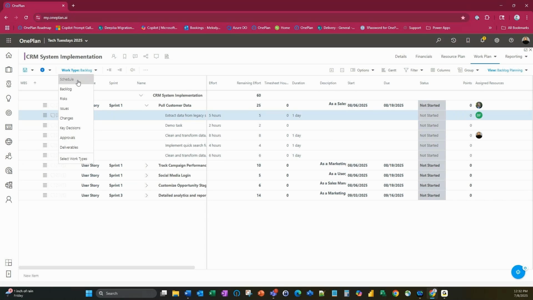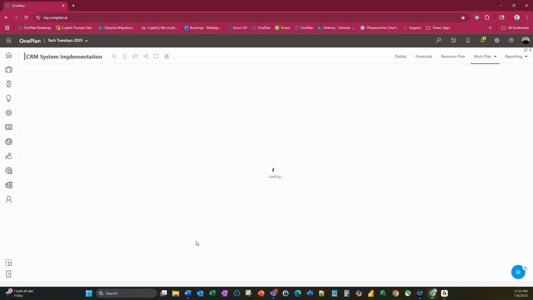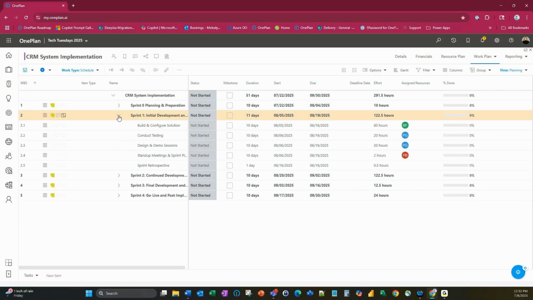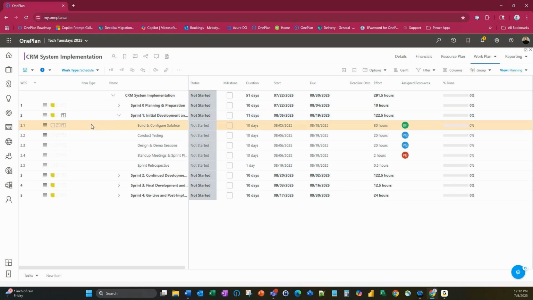So if I pop back out here to my schedule, and say I'm in sprint 1 and I want to add some items in here that are in the backlog, but I want them to show up in here because, from a project management perspective, I want to keep an eye on them, in here, have a good idea of what stories are going to be part of this sprint 1.